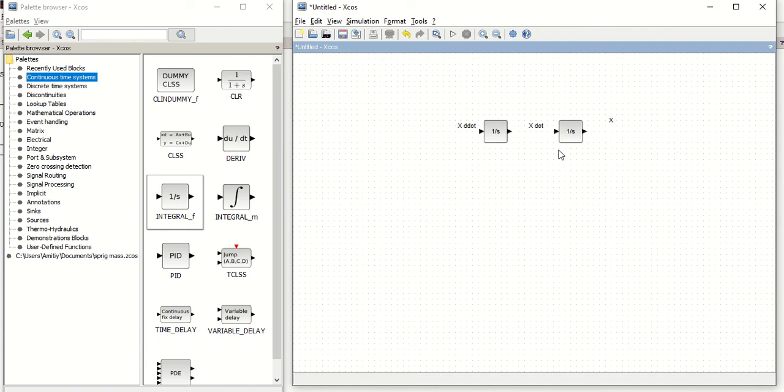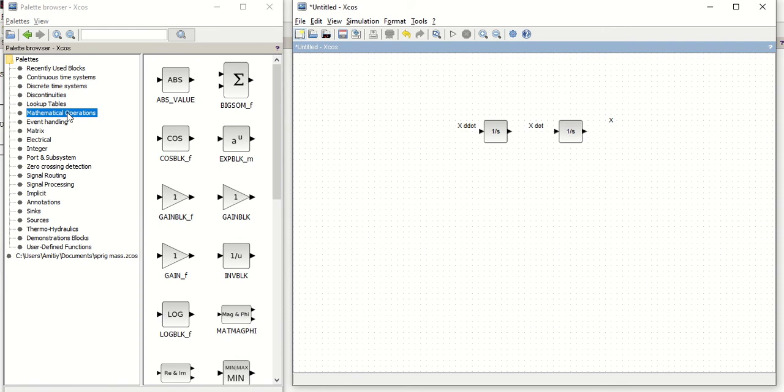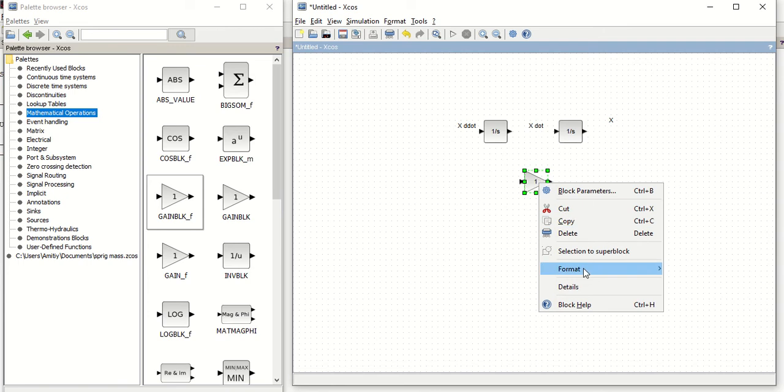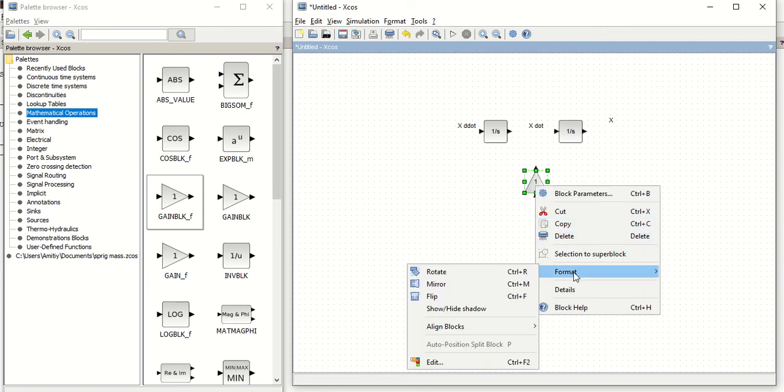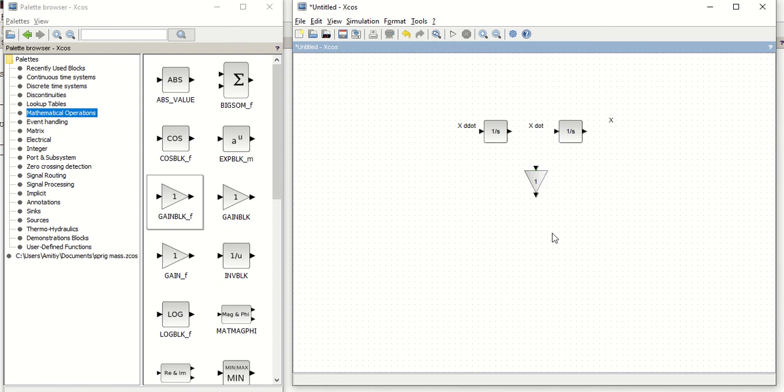Now my next term was c dx by dt. So c is a multiplier. So I need to select one multiplier, or we can say gain, that is available in mathematical operations. I can take a gain block, right click, format, rotate and again mirror.